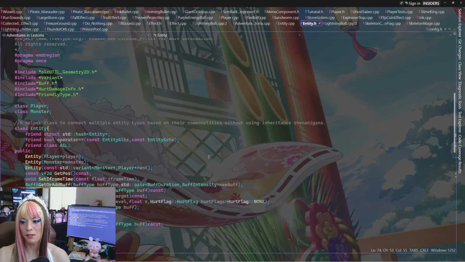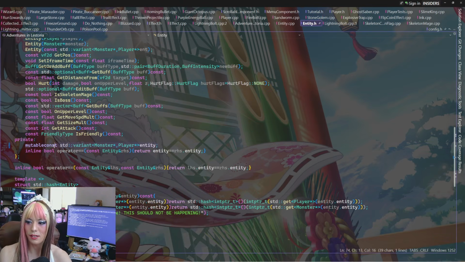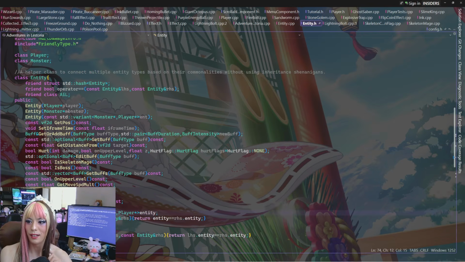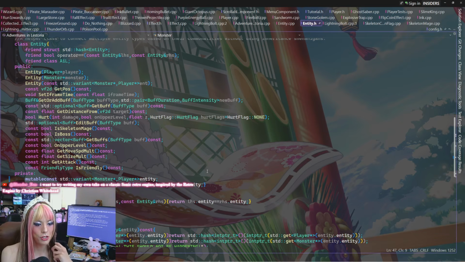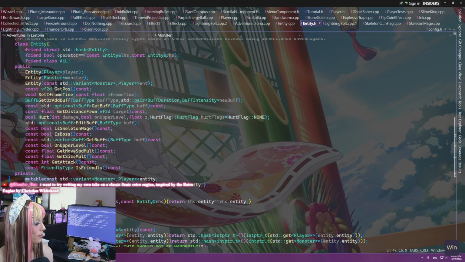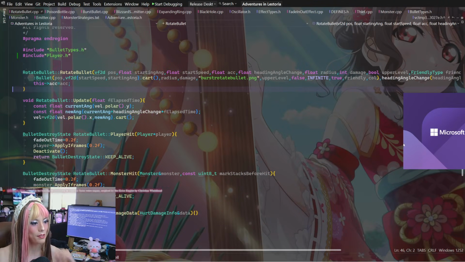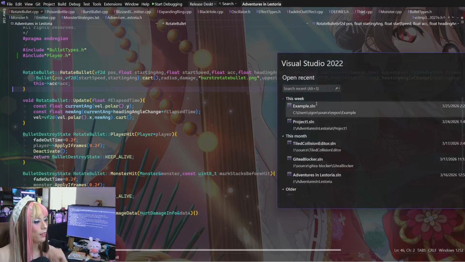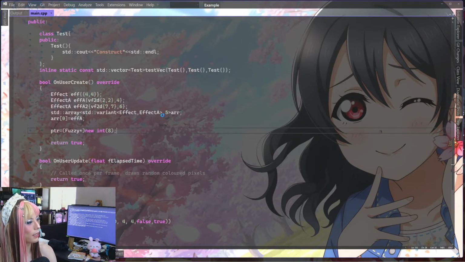This sounds to me like a circular include issue, because it's not a syntax issue. I'm forward declaring player and monster here, which are pointers, which should be allowed in theory, then we should be okay. I think I confirmed this in my example, but let me go open my example project and see if I have to include the types for a pointer. I don't think I have to.